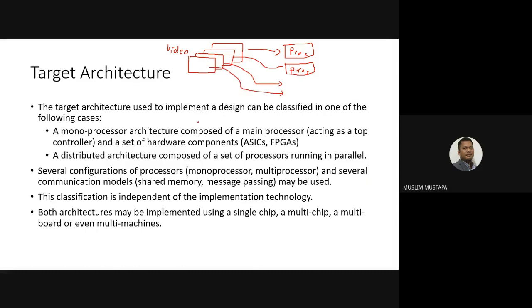Alright, so that's what I mean by distributed architecture: a set of processors running in parallel. Of course, the cost is going to be high. That's the idea of having multi-core in the current processor. For example, Intel, right? So by using the